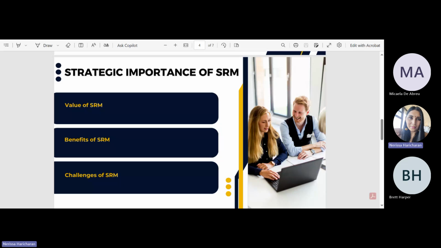So the first one is the value of the supplier relationship, supplier relationship management. Here we look at the cross-functional relationship between different suppliers and the value that it creates between the two businesses. You want to understand what the value of your supplier is in your business, and you need to look at different avenues of what benefit they actually give to you. So you need to put enough value to them.